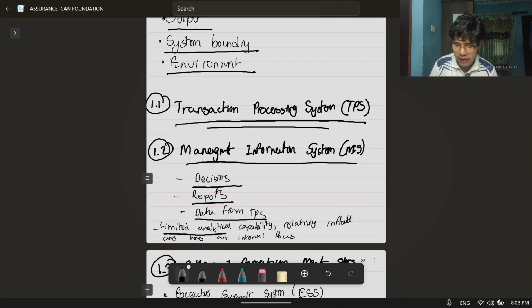And then we have got limited analytical capability. अब के हो भन्दाखेरि management information system ले provide गर्ने reportsहरु चाहिँ they are not analytical. They only say what happened, के भयो मात्र भन्छ. They don't find out why something happened. They only say what happened. It's very bland. And then relatively inflexible.